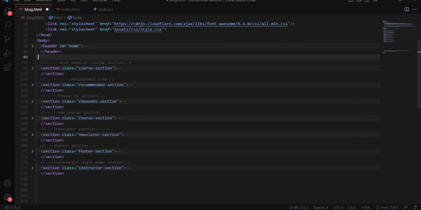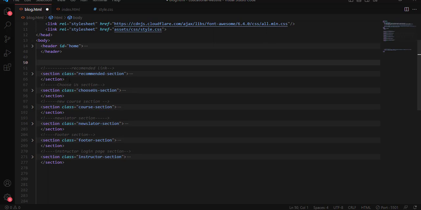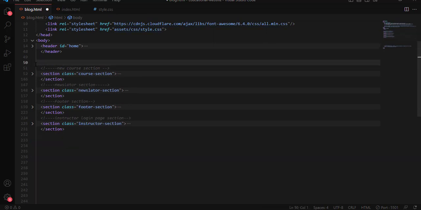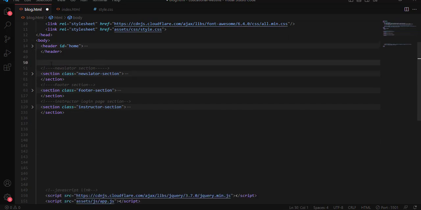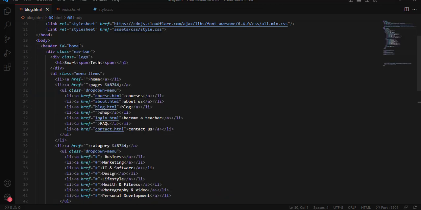Remove this section, it is not necessary. Remove this course section, remove this section, remove this choose a section. This is also not necessary. Remove this and leave the newsletter section and the footer section as well as the